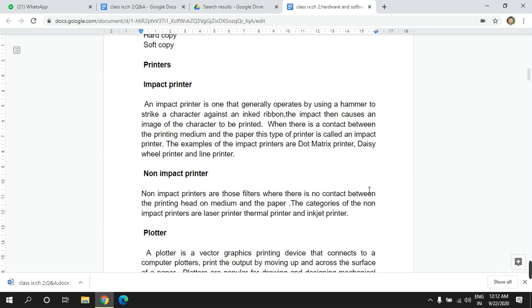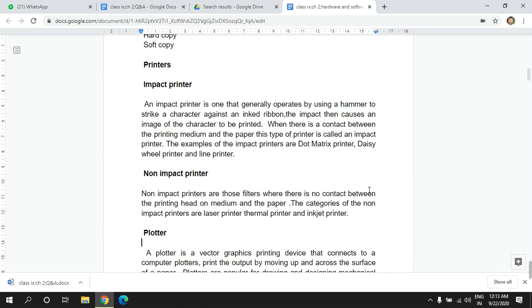Whereas the inkjet printer is cheap to buy, but the printing cost of the inkjet printer is higher than the laser printer. Whereas the thermal printers are an inexpensive alternative to the inkjet printers, and there is a thermal transfer printer that uses heat to transfer ink onto the paper. These printers bond the ink onto the paper by heating the pins that press against the special ink ribbon. So these are the three types of the non-impact printers.